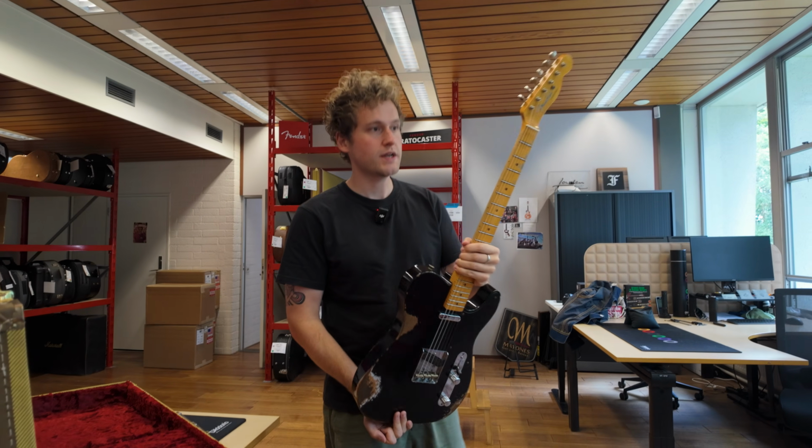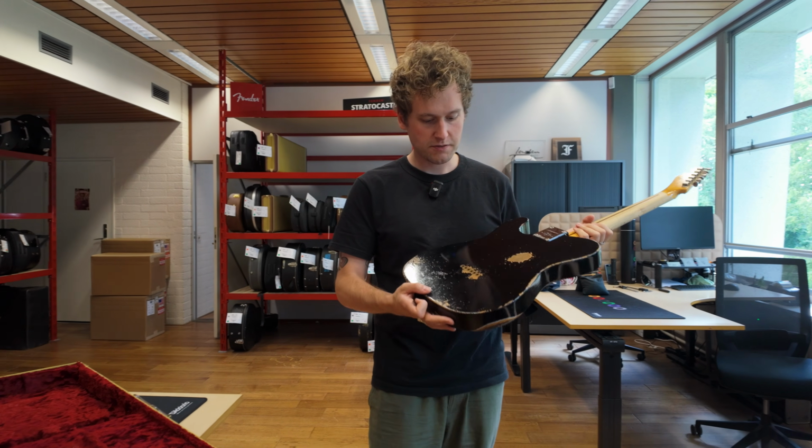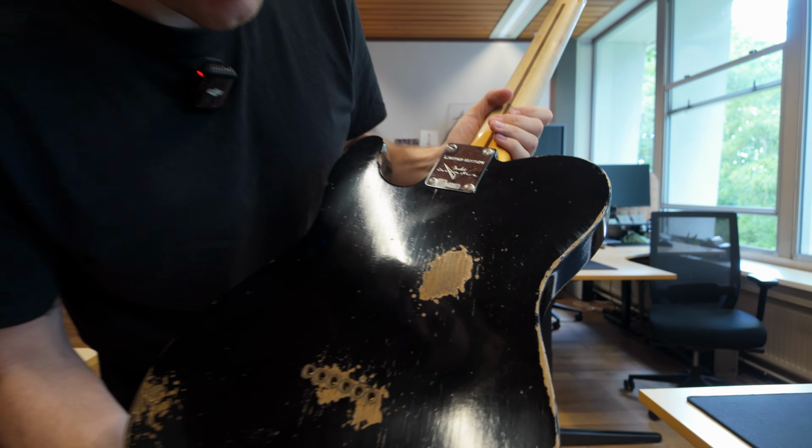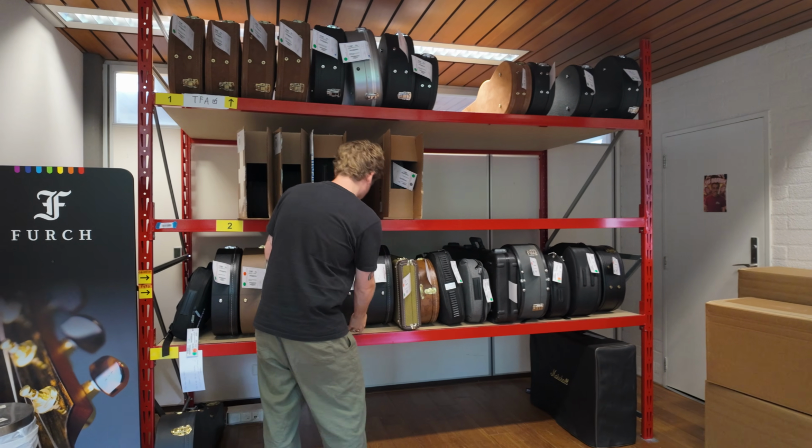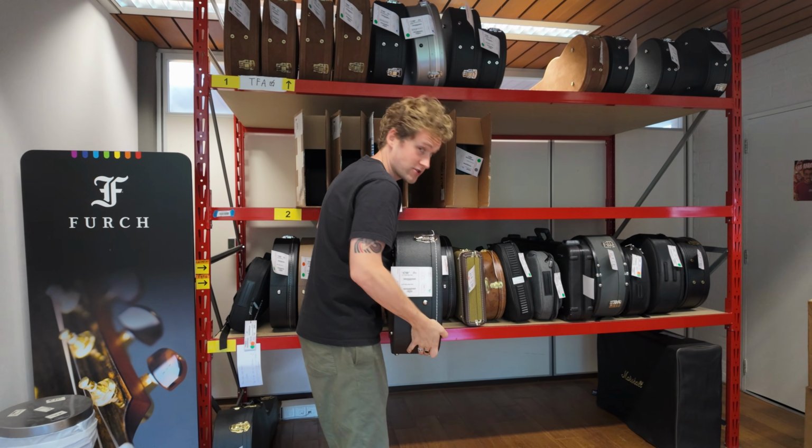This one is secondhand from 2022, and this is a roasted pine body. You can maybe see it here through the finish. Roasted pine with the maple neck, of course. But I'm not quite sure if I'm going custom shop for this last round, because I saw there's a new